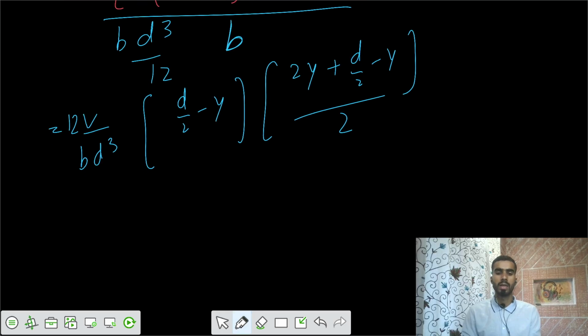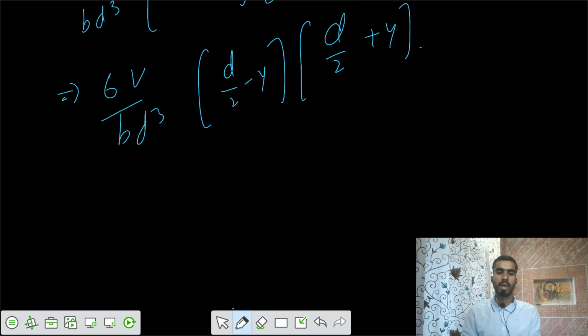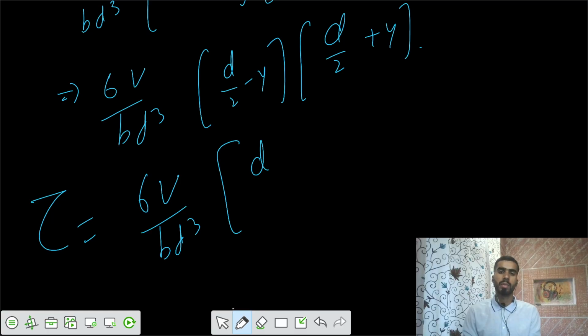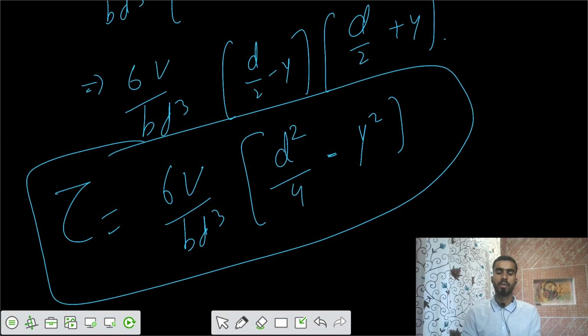So we got this part, and we can calculate that means 6V by bd cube, and we got d by 2 minus y, and from this one we got 2y minus y, that's y, and we have d by 2 plus y. So we got this equation, and we can write tau equals 6V upon bd cube, and we have a square minus b square. That's your equation of shear stress in the cross section of that rectangular cross section,